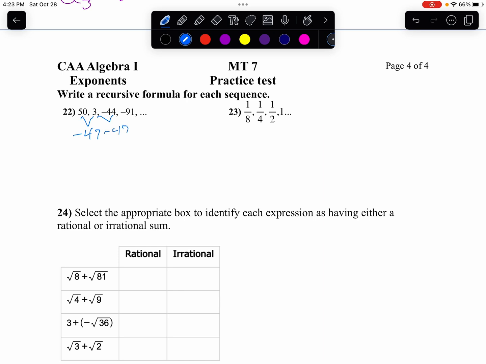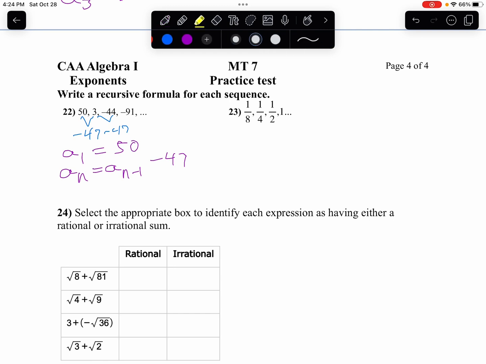Sure you do. So to write my recursive, I'm going to say my first term is 50. And then to find any term, I take the previous term and I'm going to subtract 47. And there's your answer